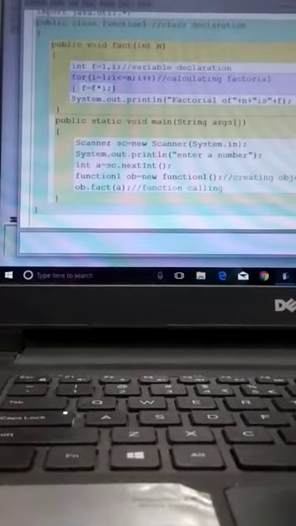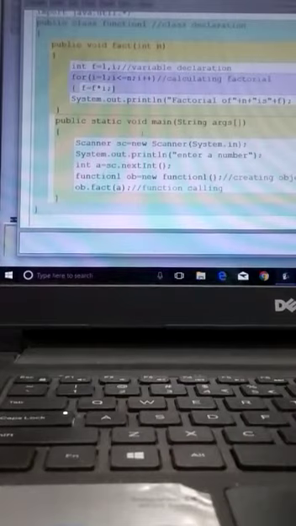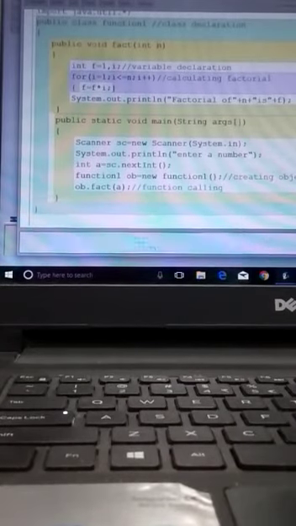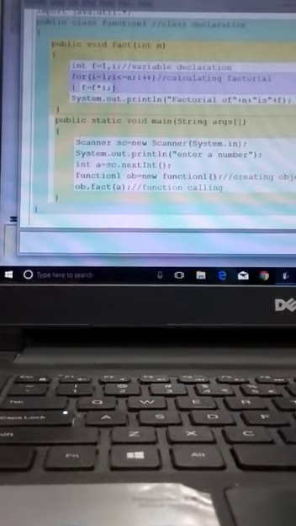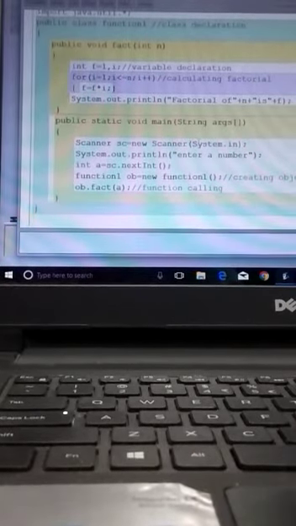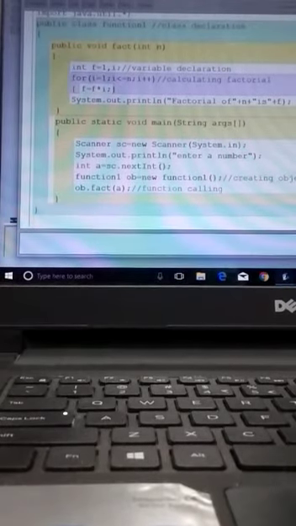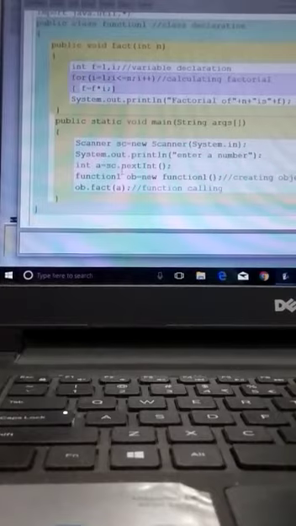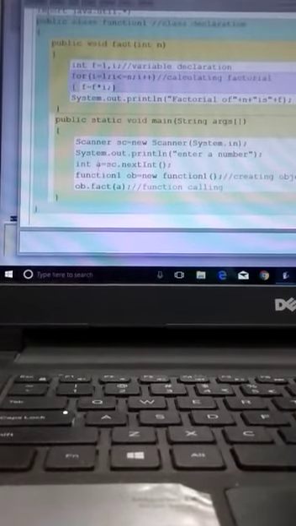So we have taken import java.util.*; and in the void main function we have taken the scanner statement, then we have entered the number using System.out.println. Remember children, Scanner's S should be capital, System's S should be capital, otherwise it will give you an error. Then we have taken the nextInt function. With the help of the nextInt function we are entering the value from the keyboard and storing it in variable a.